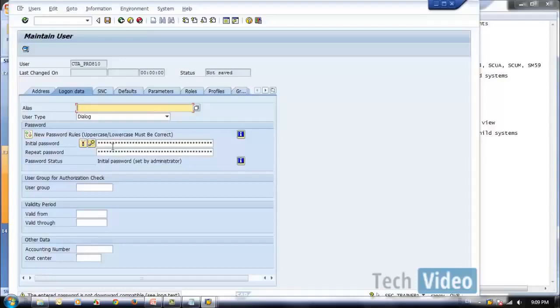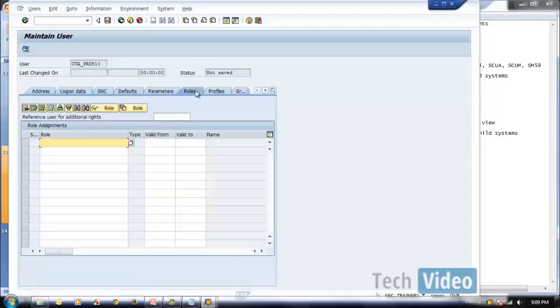Now the question comes, what role will we assign to this user? The roles which we will be assigning to the user will be three different roles. These are CUA standard roles. You need to take note of these roles.